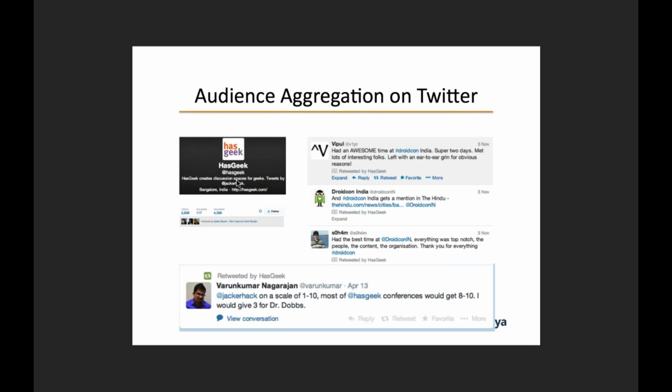And here again, they talk about several things. They talk about how DroidCon, which is an example of their hackathon conference, they're actually able to curate a lot of responses from the Twitterati, the larger audiences on Twitter, and they're able to get feedback and also engage with their audiences. All of those nerds and geeks and tech architects who are interested in hacking, who are interested in anything related to technology per se, they're able to engage with them. They're able to interest them with specific pieces of content.